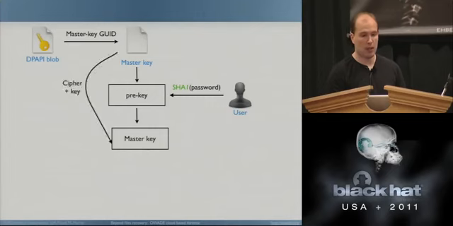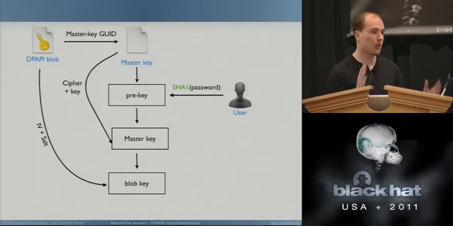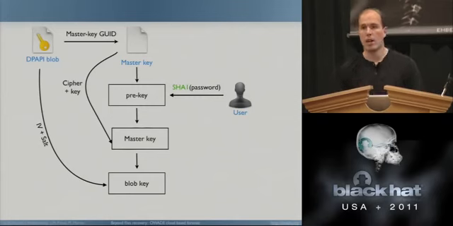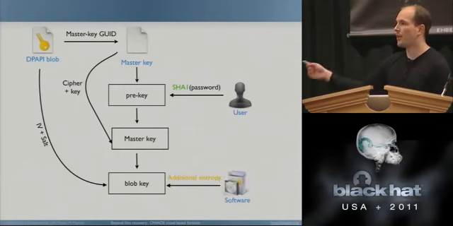To get the master key, we need to know which cipher we need to use and the salt, which we extract from the master key file. Then we're going to try to decrypt the blob key. To decrypt the blob key, you need the salt and the initialization vector, which is in the DP-API blob. But, and there is a big but here, at least for forensics, software can add an extra entropy here. And this entropy is required to decrypt the blob.